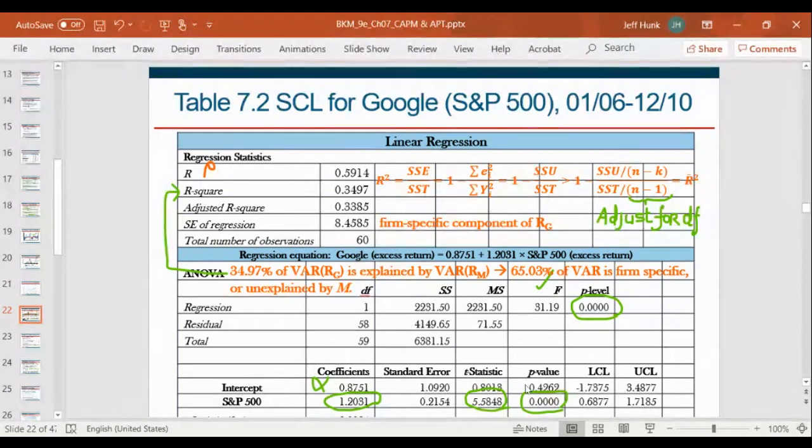You cannot divide by n, but rather you have to divide by n minus 1. And I already explained why: if the data set that you have is not the entire data set or population, then you are only using a sample data set, and when you're using a sample data set, you have to make an adjustment for the loss of 1 degree of freedom, which means